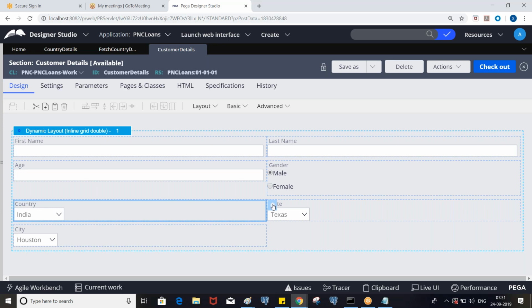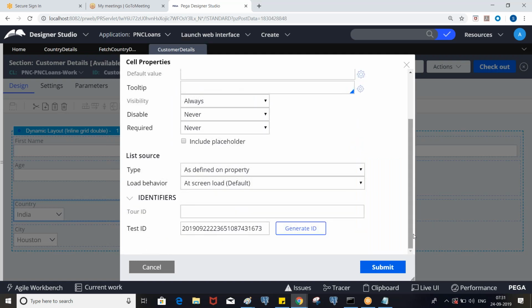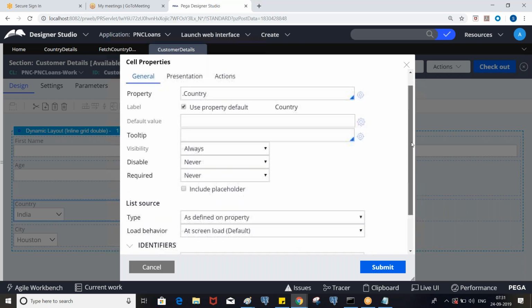Yes, thank you. So now go to the country drop down. For drop downs, there can be multiple sources. One source is as defined on property, which means the values defined in the local list.